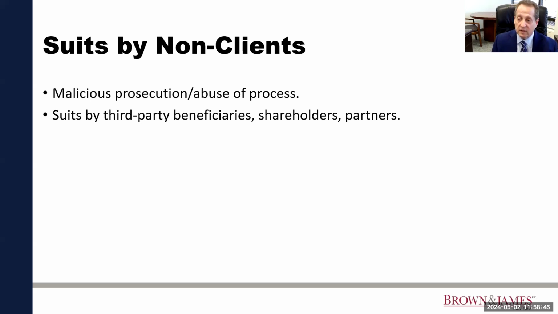Because in Missouri, to sue a lawyer for malicious prosecution, you basically have to establish that the lawyer knew the client was lying about the facts, or that the lawyer knew the client had an ulterior motive for filing the lawsuit other than to collect on a claim, or that the lawyer had his or her own ulterior motive, some personal vendetta against the defendant in the underlying case. I don't have time to go into it all now, but the test is completely different from the situation where the litigant is being sued,